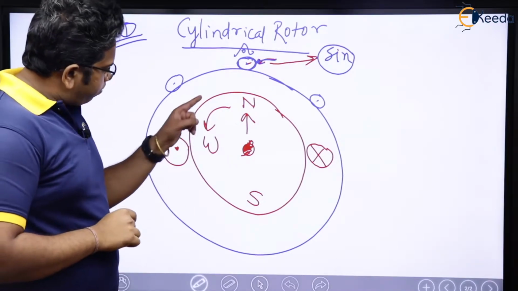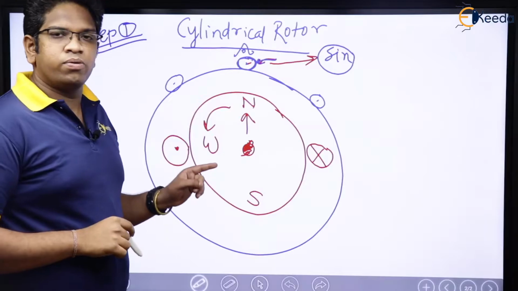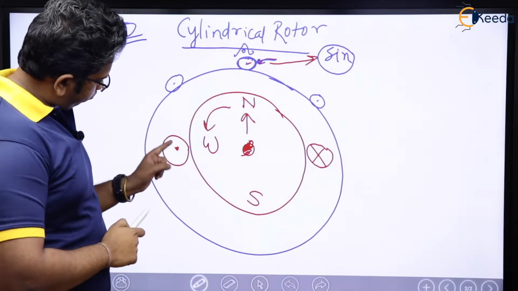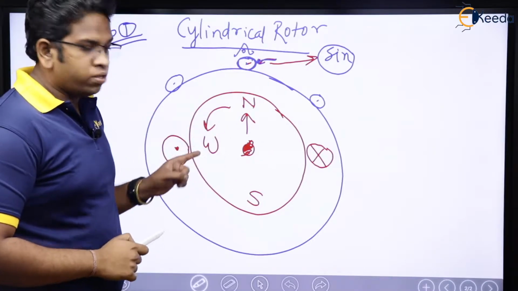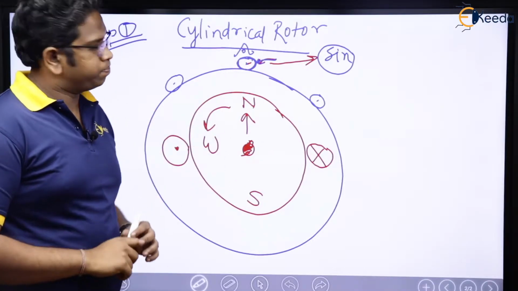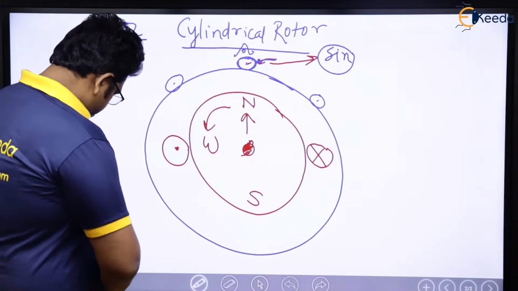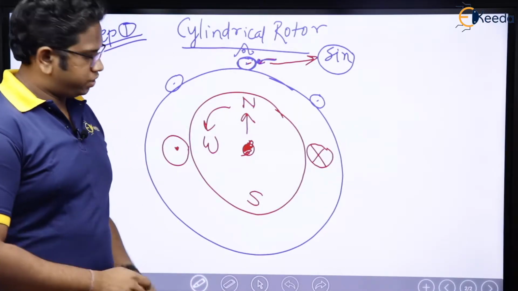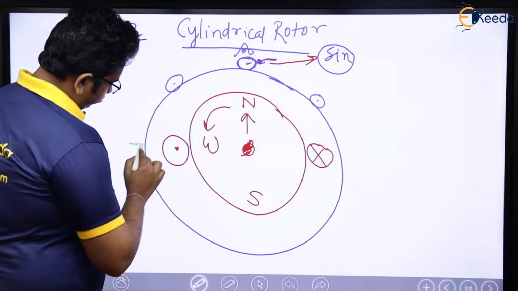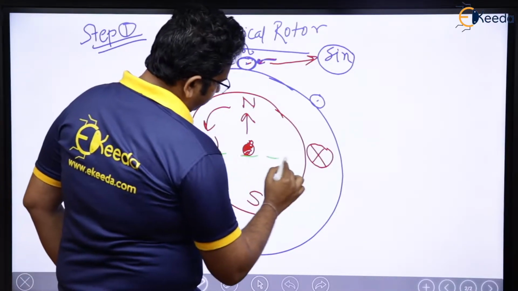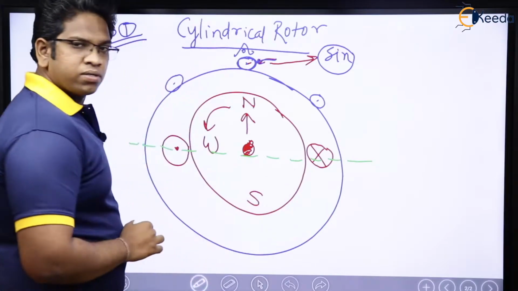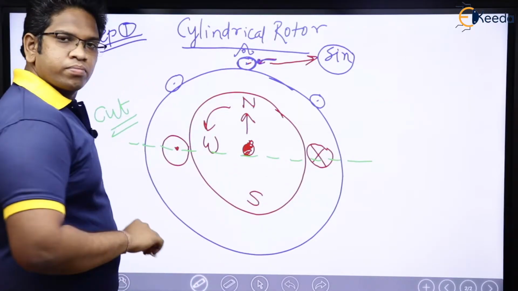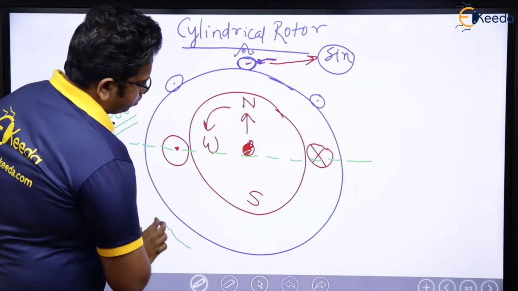Now, when my flux density has to be sinusoidal, first of all, let us see how the flux density will be there for this particular structure. Let us say, for that, I take a scissor, and I'll cut it here like this. Cut it here like this. Cut from here. The moment this is cut,